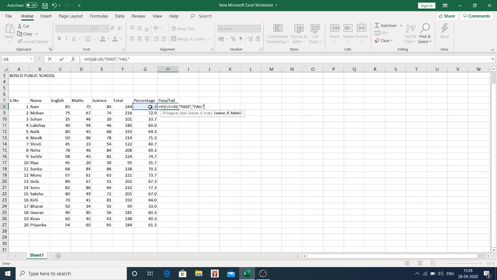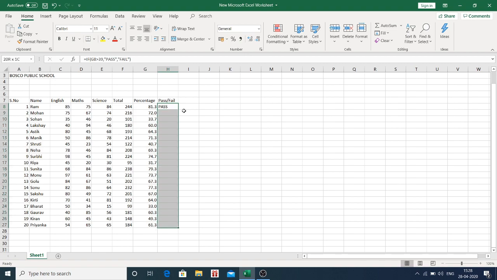So we'll be seeing the formula once again. In the if function, first of all, it has three basic divisions. First is the logical test, which is this one, that is if he has scored marks greater than 39, then he would pass, otherwise fail. So for the value true, we have written pass, and if the value is false, that is if he hasn't passed, then we want it to write fail. We will press enter. So since he got 81.3% marks, which is greater than 39, therefore he passed. Similarly, we'll drag down the same formula, Control D, and here we got whether the person passed or failed.